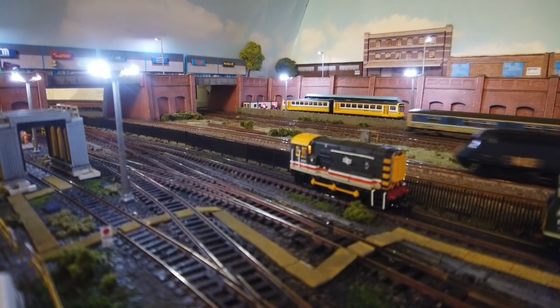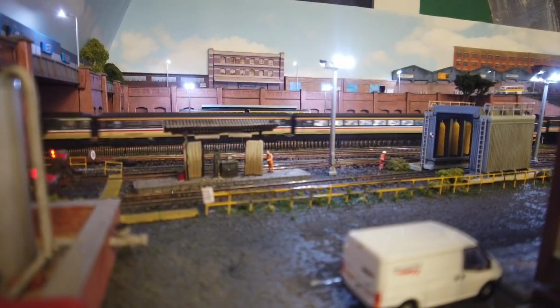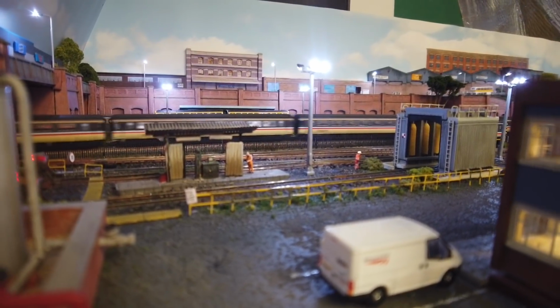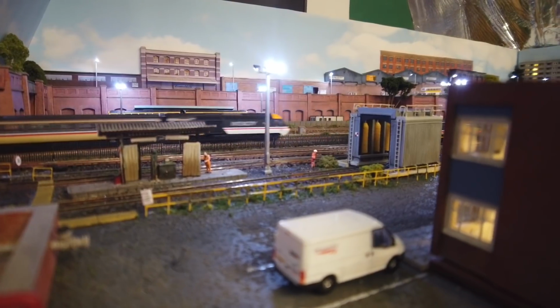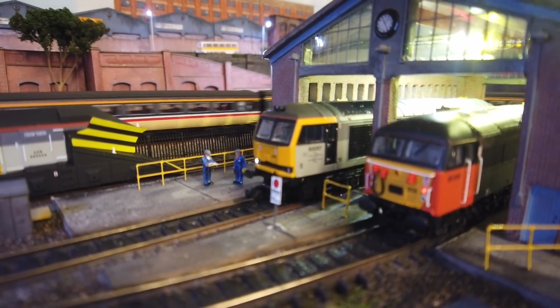He started building the layout last year in summer, so around June 2019, and it's coming up for a year old, and you can see the amount of work he's put into it in that time, which I think is even more impressive. The layout features a station along with a couple of TMDs, as well as a town scene,